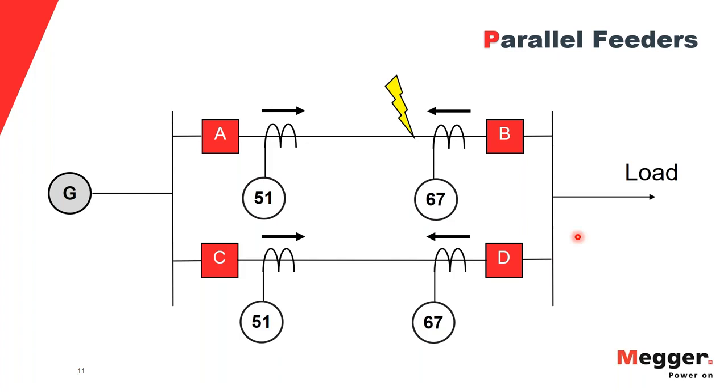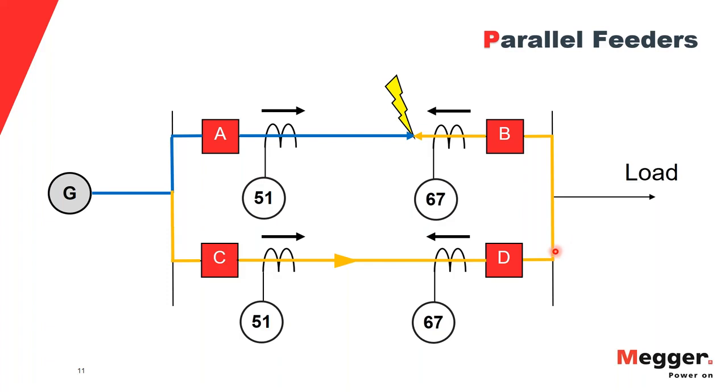For a fault on line A and B in this scenario, my generator again is going to feed the fault through breaker A,